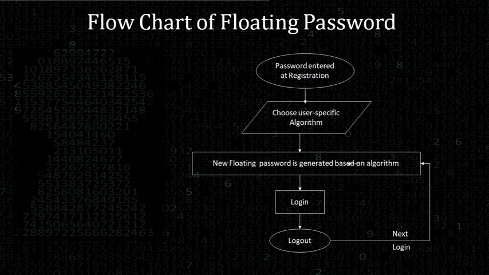The flow of the idea is represented with this flowchart: registering the account by filling in the details along with the password. The password entered is stored and updated in the database in encrypted form using the BDNA algorithm to avoid misuse by database handlers. The user has the scope to choose the algorithm required to change the password.